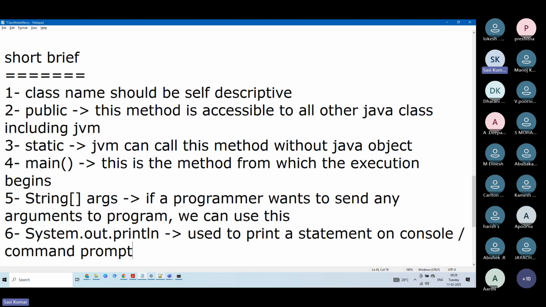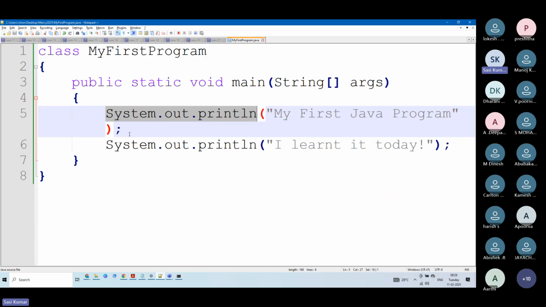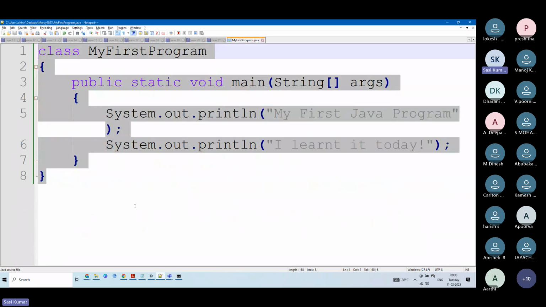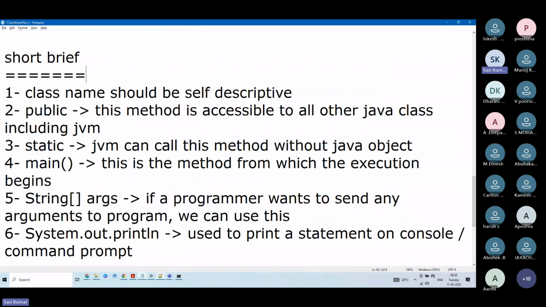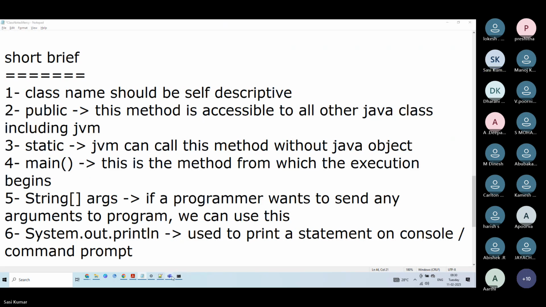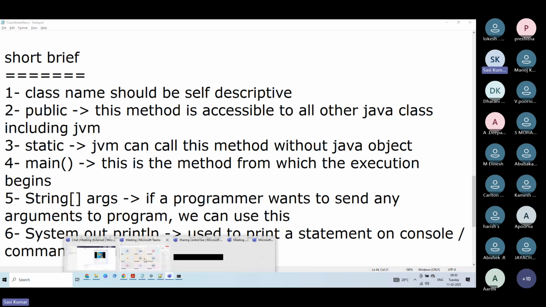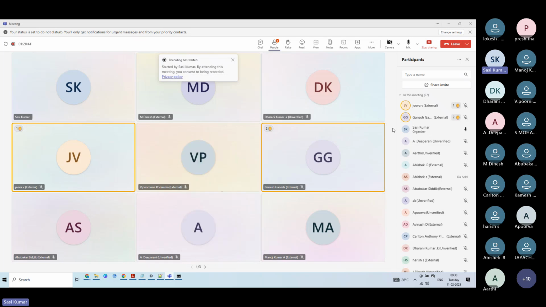That's it. So if you see this short brief, I told you the various important things that are present as part of this Java program. These are all short descriptions, by the way. I'll be dealing with these points in depth in the dedicated classes in the upcoming sessions of our course. With this, I think we are able to achieve whatever agenda and intentions we had for today. And with this, let me hand it over to Shashi sir to maybe